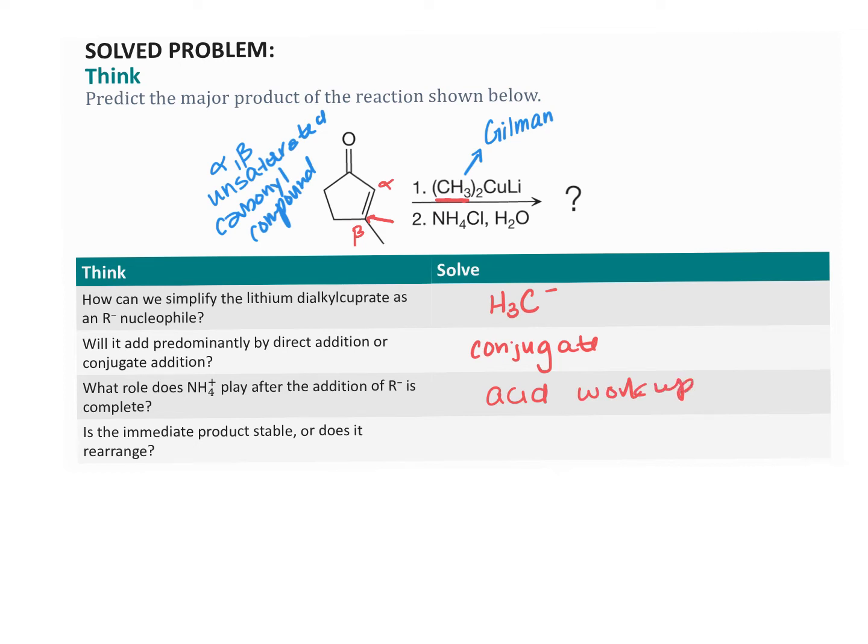And then they ask, is the immediate product stable or does it rearrange? We're just going to ignore this. One of the reasons we ignore this is because if you look in the book, they try to explain this using a mechanism. And even though the book also says that it's probably not the R- that directly adds, they sure as shooting show a mechanism where the R- directly adds. So we are just going to ignore that right now and just really view this more as a